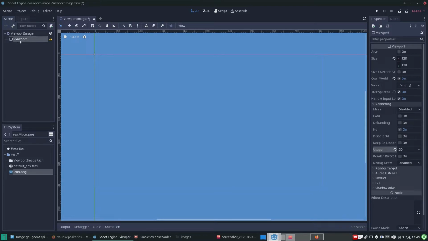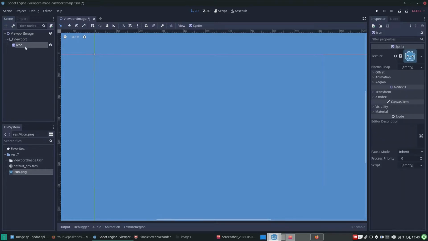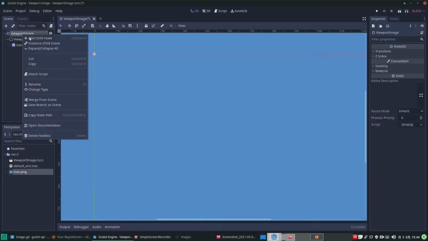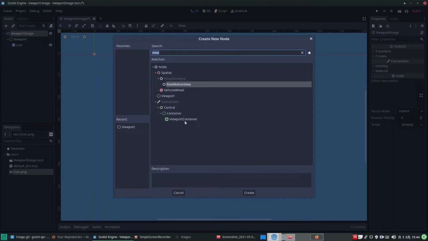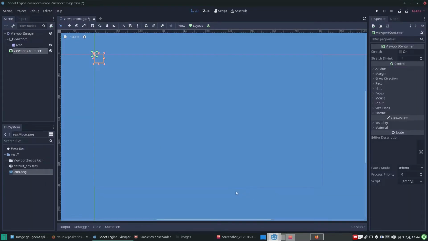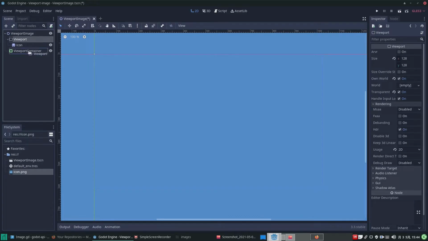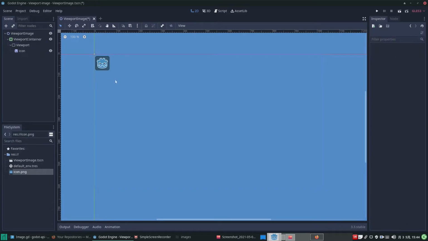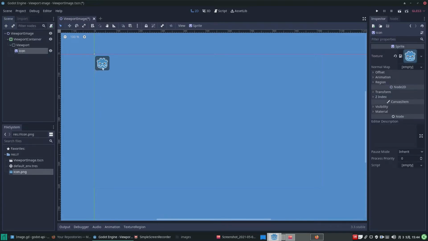So as a child of the viewport, let's put something in it so we can see something, like this icon, for example. Let's drag it in, and we can't actually see anything because we need a viewport container if we want to do that. So let's add a child node of a viewport container, and if we set the viewport to a child of this viewport container, we should see what's inside the viewport. And there it is. We see our sprite. And if we move it around,